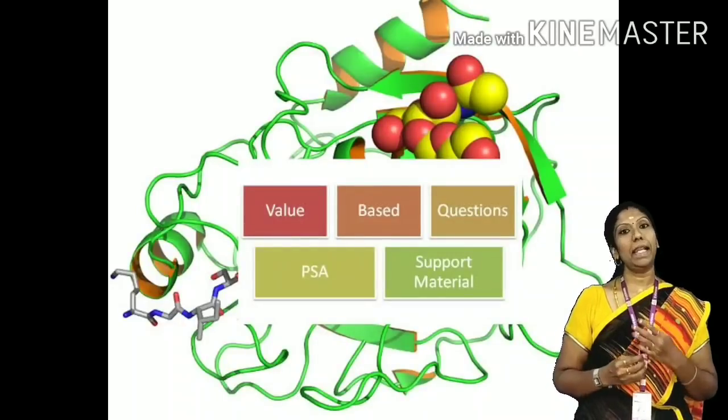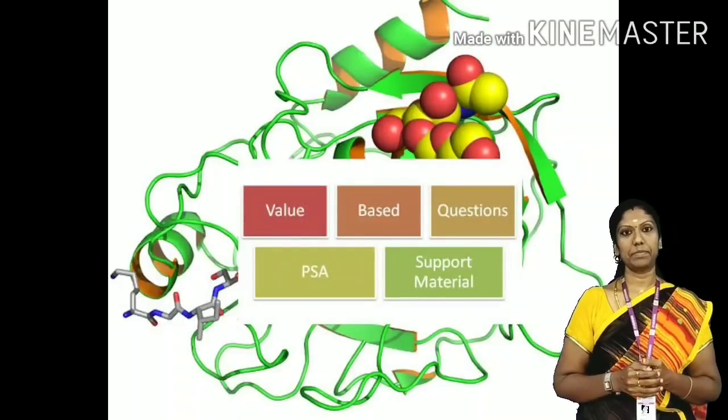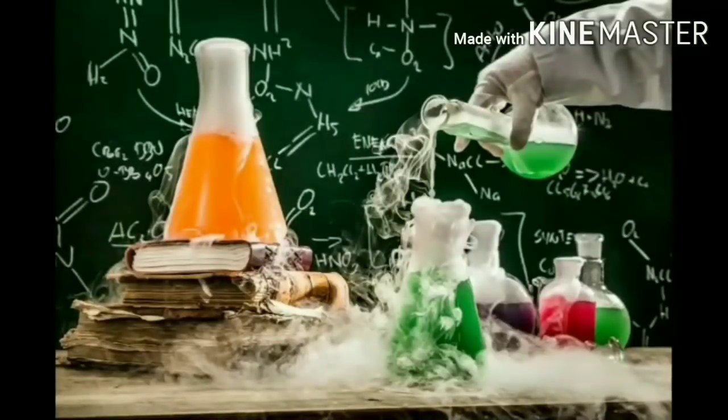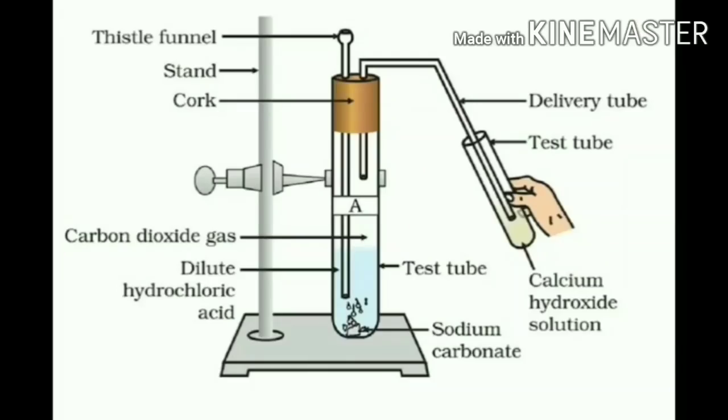Before going into the part, let us have a very quick recap. In the previous part, we have seen reactions of metal carbonates and metal hydrogen carbonates with acids, and reactions of acids and bases, and what happens when metallic oxides react with bases, and what happens when non-metallic oxides react with acids. To understand the reaction of metal carbonates and metal hydrogen carbonates, we started with this activity.